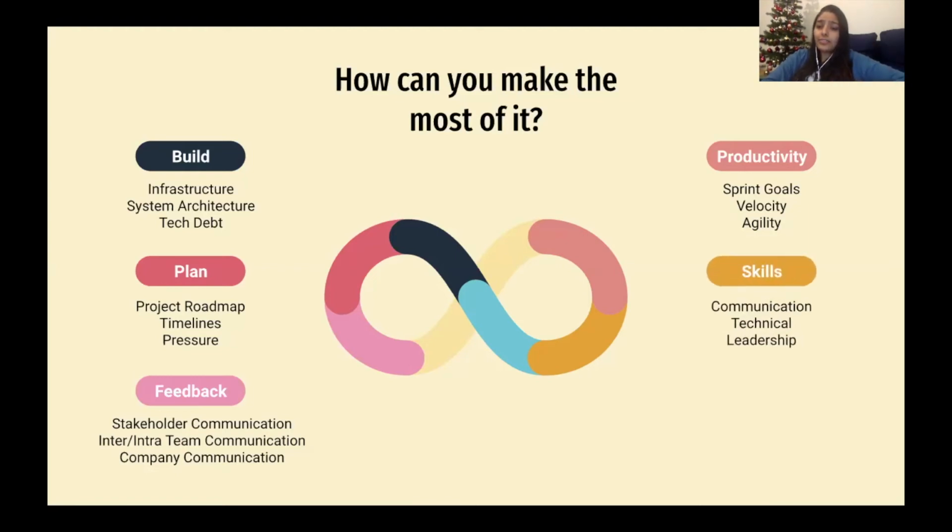Then another topic you can talk about is skills: communication skills, technical skills, leadership skills. And I understand that this area can be a little sensitive, but this is where the essence of you guys being one team comes into play. How close are all of you as a team? Can you freely talk about the communication?